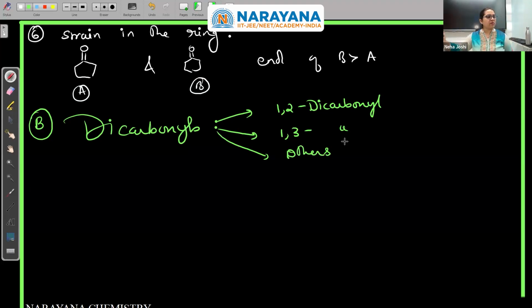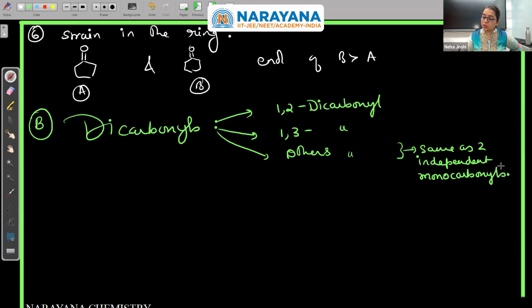Others means 1,4, 1,5, 1,6, etc. So these are same as two independent monocarbonyls. They have no more use than this. These two we will see. So first, how to write? I'll write like this: 1,2